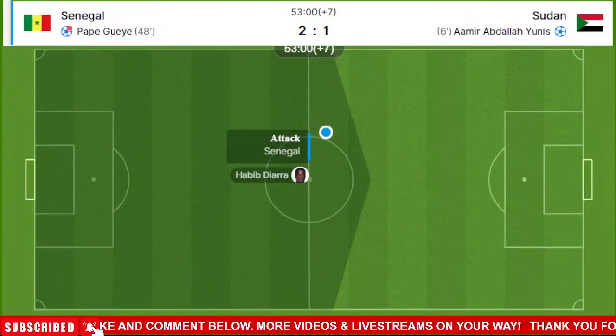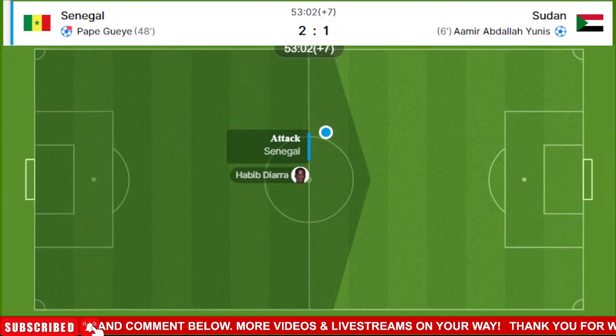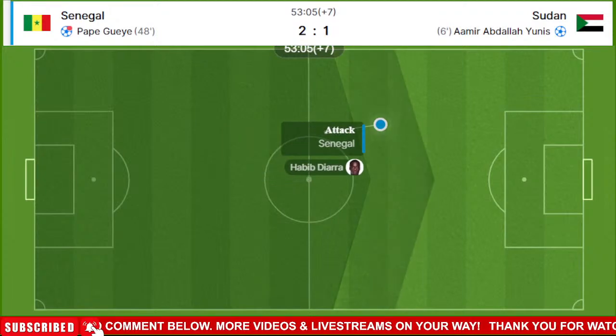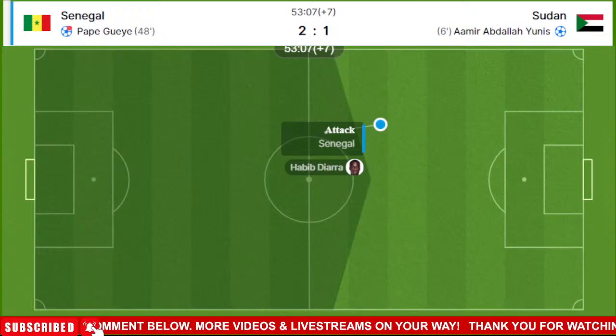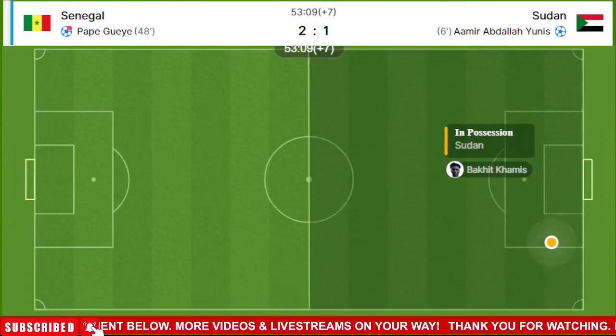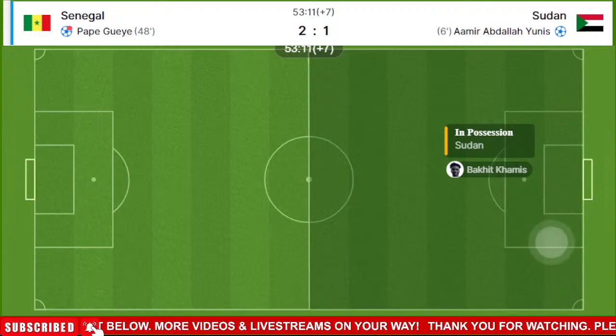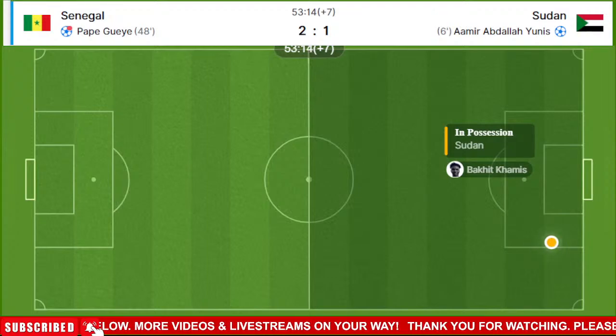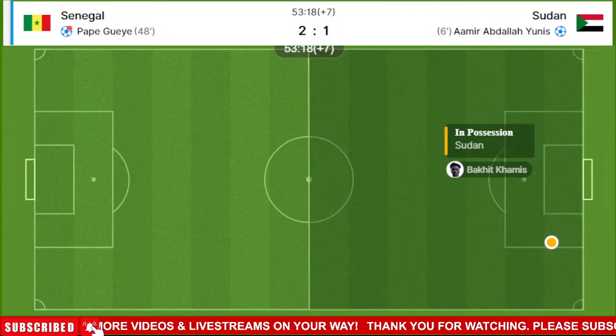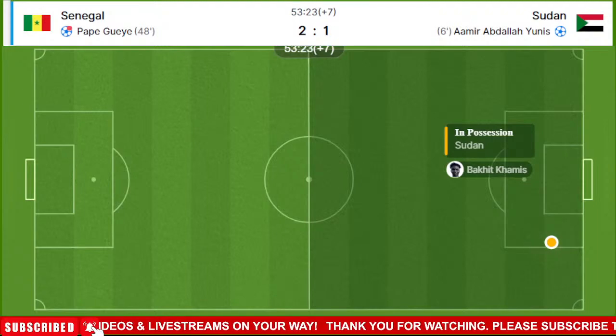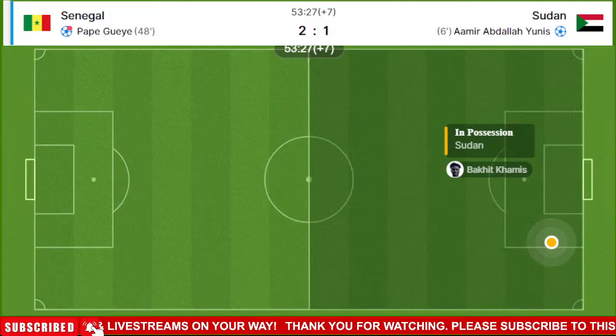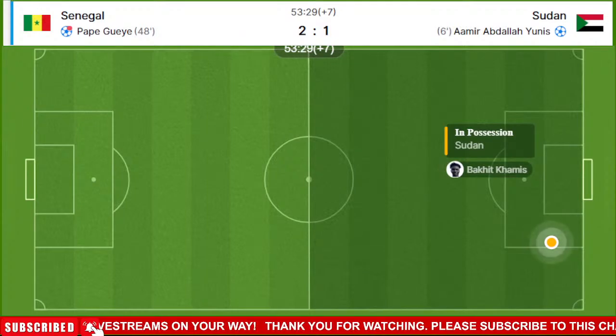But they are in no rush to take it, Senegal, as we head into the final minute of the additional 7. Will be a corner which will be taken from down the right hand side to the left of the Sudanese 18-yard box. Ball will be played into the area. This time it's headed on, and the goalkeeper thought about coming, and this time it's headed behind in the end, and it will be a goal kick to Sudan. So into the final 30 seconds